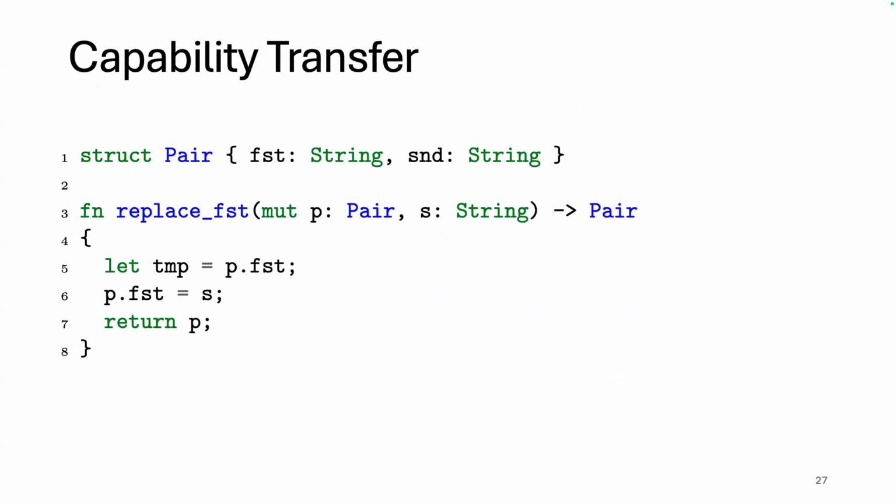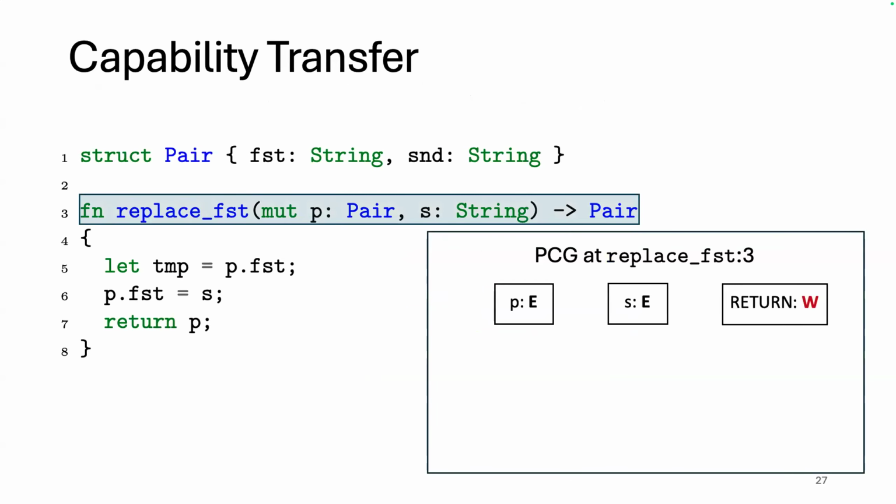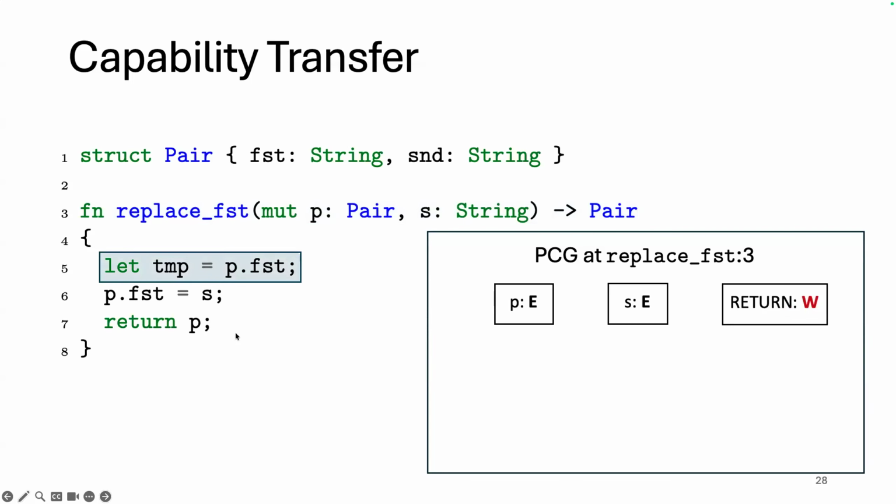So we're now at a point where we can introduce capability transfer. So we can look at actually the full PCG analysis of a function. It starts at the beginning of the function having exclusive capability to both of the arguments, so P and S. And then because analysis is on MIR, the return value is actually put in this particular place we'll call return. That's write only for now, but then this return is actually an assignment that's going to put a value there. And the analysis starts